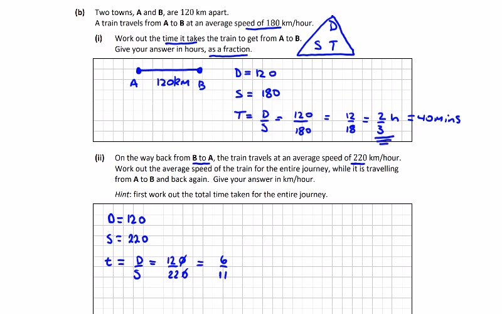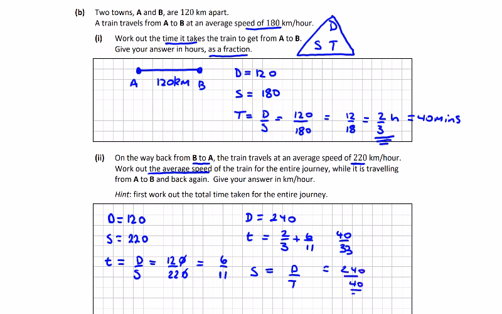So the overall average speed is what we're looking for here. The distance is 240, and the time taken is 2/3 of an hour plus 6/11 of an hour. So over 33, that will be 22 and 18, 40 over 33. So speed is equal to distance over time, which is equal to 240